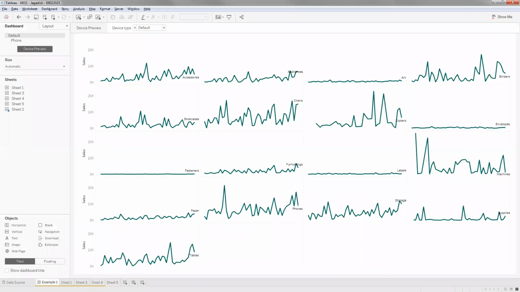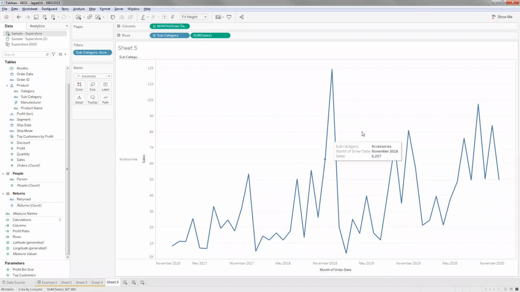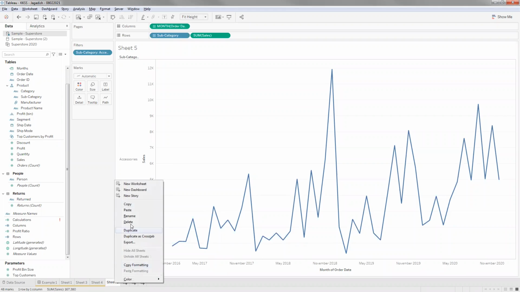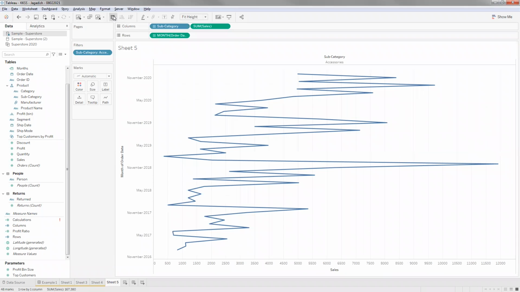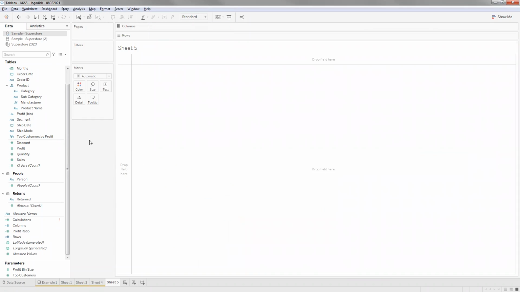But that's very time consuming, and a lot of effort has to be put in. Let's say, for example, you have to do some formatting changes on this worksheet. You need to make sure you do the same formatting everywhere, so it's a lot of manual work and a time consuming process. So let's see an easier way to get the same grid chart that we're trying to achieve. Let me clear this up. The first thing is obviously to get the grid structure.